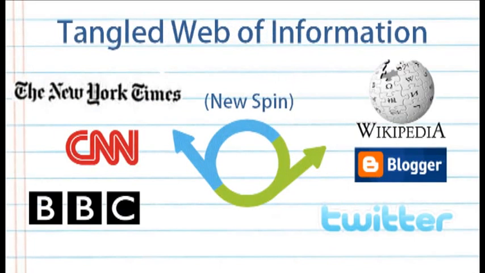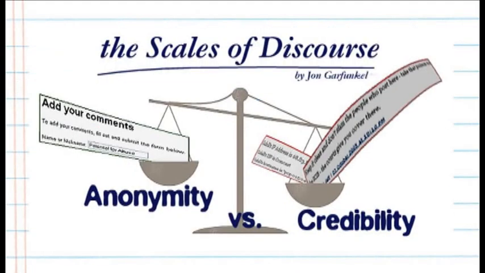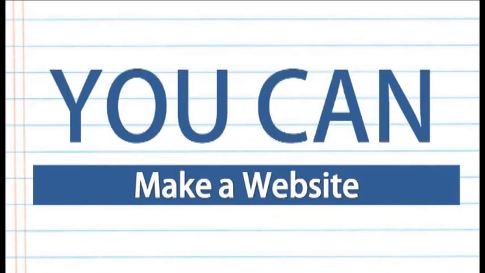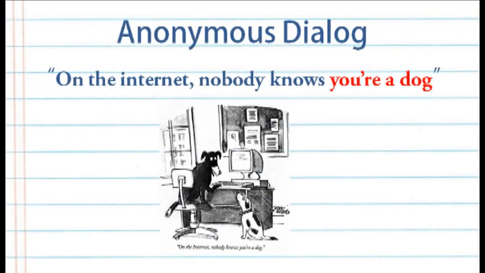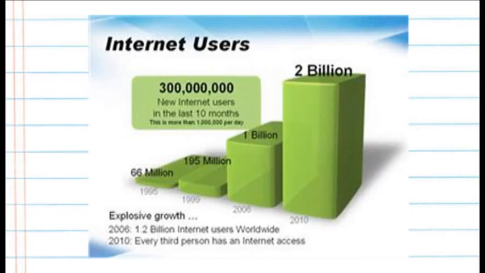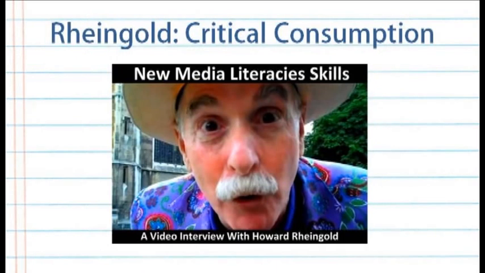When people are crisscrossing information back and forth, it's sometimes hard to keep track of who started what. And many times online, there isn't even an author published. And to complicate things even more, anyone can publish information. I could make a website and you could make a website, whether we know what we are talking about or not. Early scholars basically said, no, the internet is not a good source for serious information. These scholars obviously didn't have the foresight to see the web as we know it today.